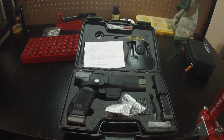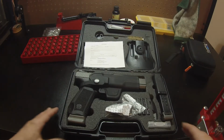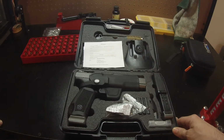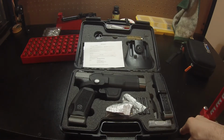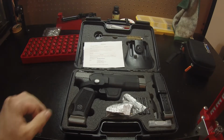As you can see, very similar setup to the Canik TP9SF box in terms of accessories. So this is the Canik TP9SFX, just released not a month ago to the public. It was supposed to come out last summer because it showed at SHOT Show, but they had problems with their importers. So they finally got imported in, and here it is. So let me take you through what you guys get in the box, and then I'll go through the features